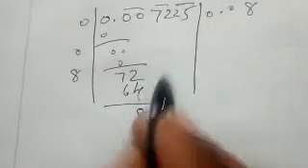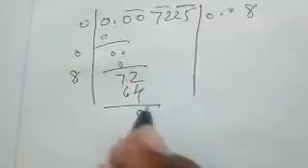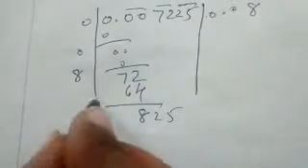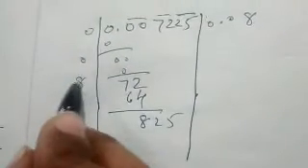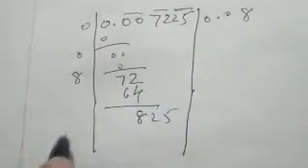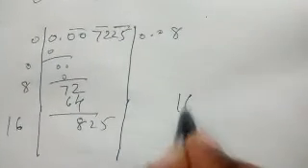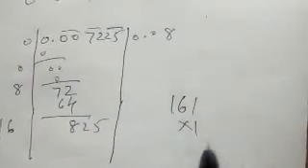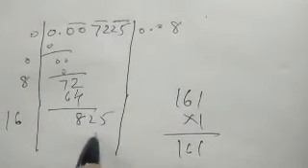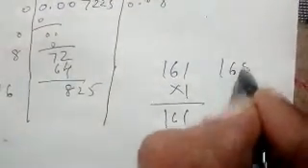So now take the other number. 72 already gone, so we have to take the pair as number 825. Okay. Now what is the number here? 8. What is the last remainder? 8. 8 plus 8, 16. Okay. So now 16 beside 1 into 1, 161. So still there is a huge gap. Now we will go for 16 beside another number 5, 165 into 5.